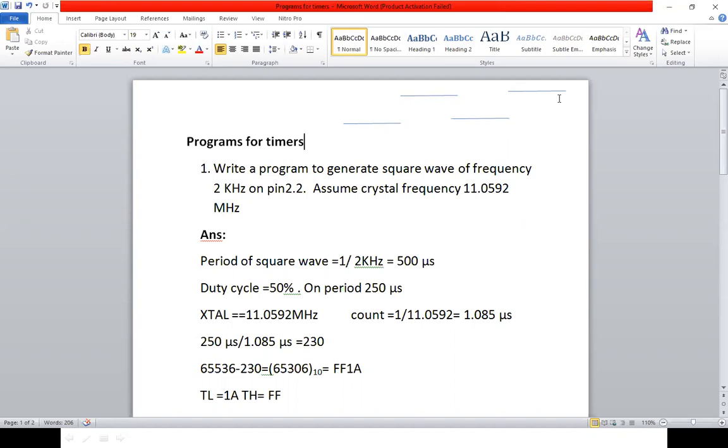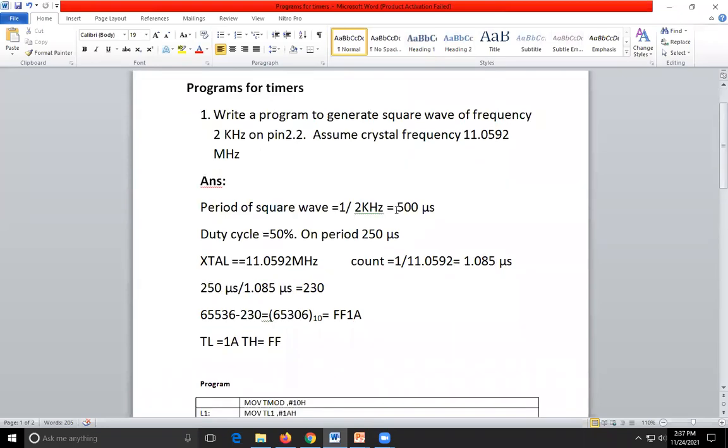So what we have to do is set the count, from the starting point to this point. How will it be calculated? For that purpose, you have to compare two frequencies. One frequency is created by your crystal, and the other is the frequency we have to generate. You match these two frequencies and create the count, and that count gives the delay to your program, so you can create a square wave from positive and negative. See how the calculation is done. See the calculation.